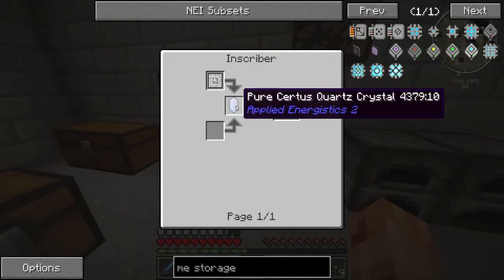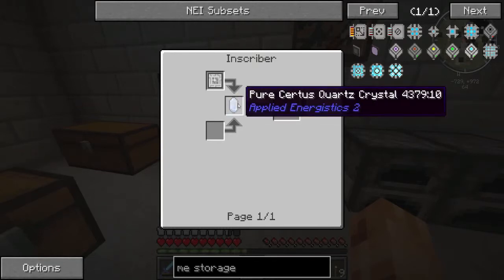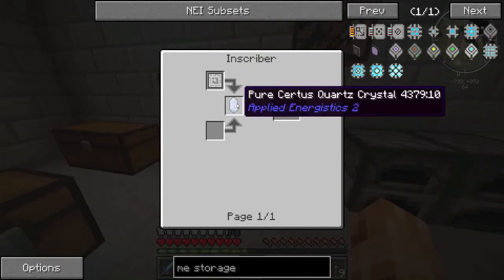But it's this guy right here, the pure Certus quartz crystal. You can't get these guys. You can't mine them. You have to grow them. And that's pretty cool. So everything in Applied Energistics is designed to be renewable. So if you have the right component pieces, you should be pretty much self-sufficient from having to mine all the